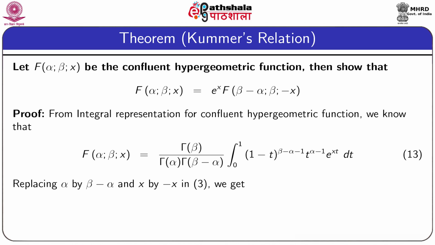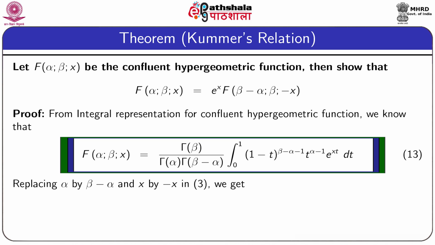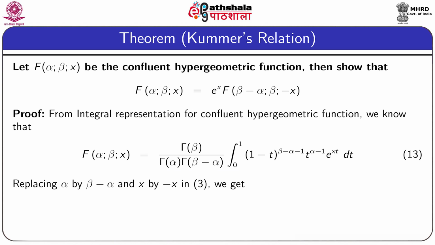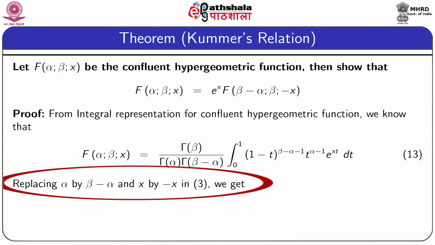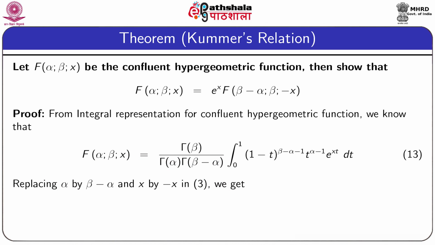Now, from the integral representation of the confluent hypergeometric function, we get F(alpha, beta, x) is equal to gamma beta divided by gamma alpha gamma of beta minus alpha, integral from 0 to 1 of (1 minus t) to the power beta minus alpha minus 1, t to the power alpha minus 1, e to the power x t dt, given by equation number 13. We replace alpha by beta minus alpha and x by minus x in equation 13, and we will get